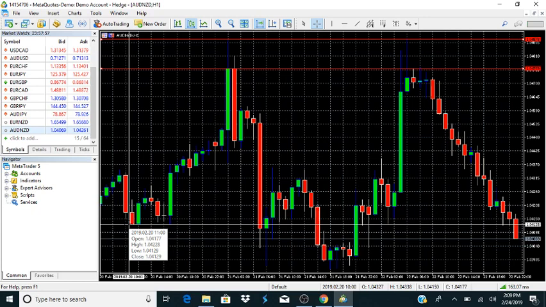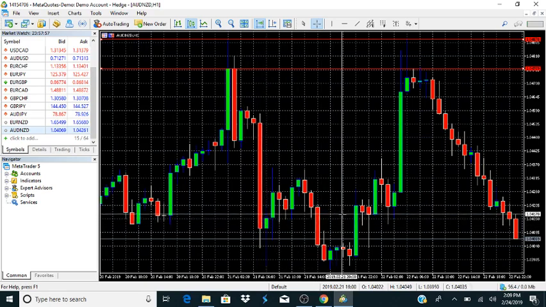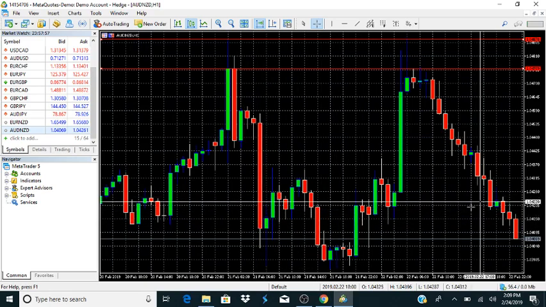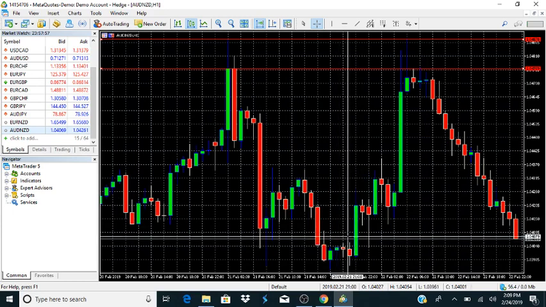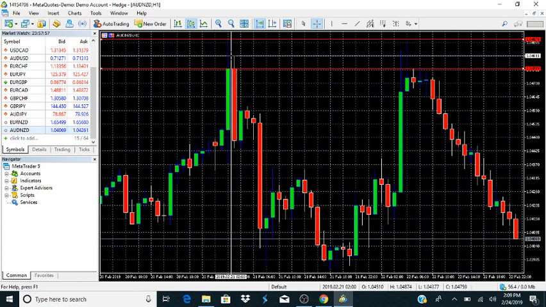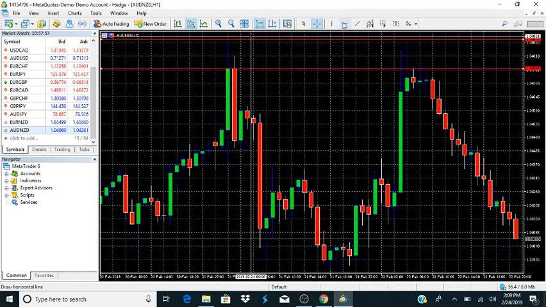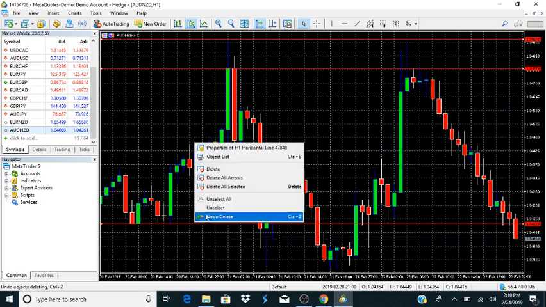And say, all right, if I go by this one, you could see that it hit over here a few times, it hit over here a few times. It did still go down to this area, but it still hit. So if you were going to use that as a support area, you would say it hit that area, went down a little bit, and then decided to go back up. So me personally, I would use the old charts as my support area,